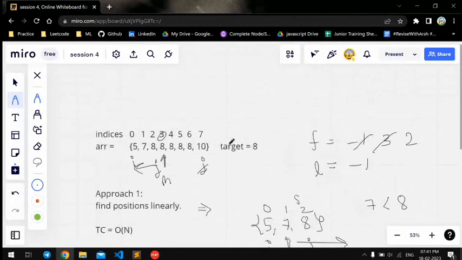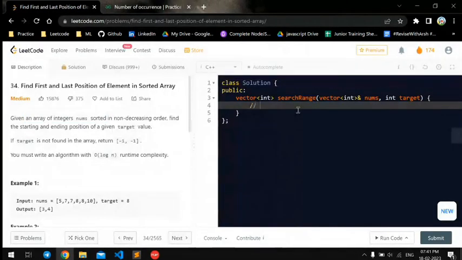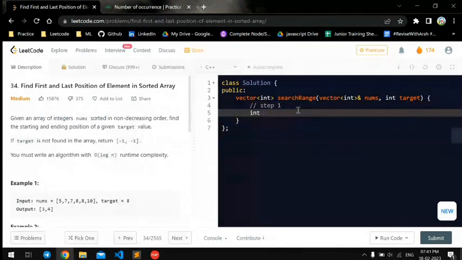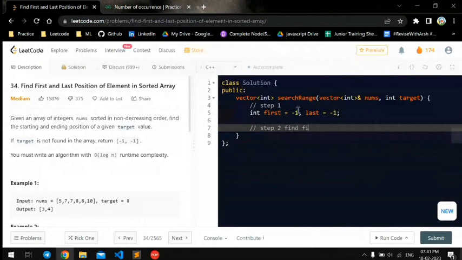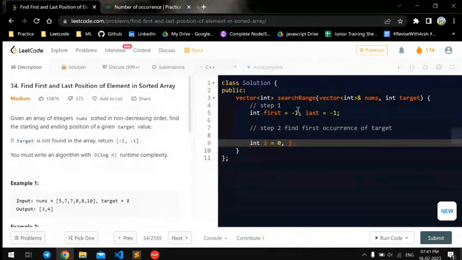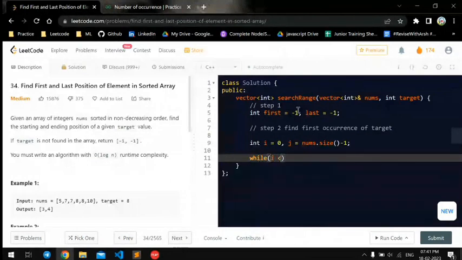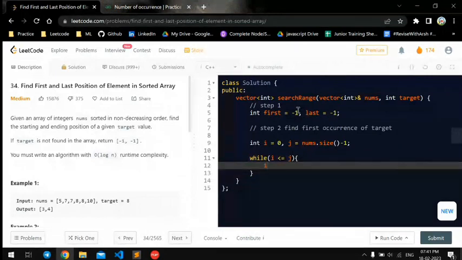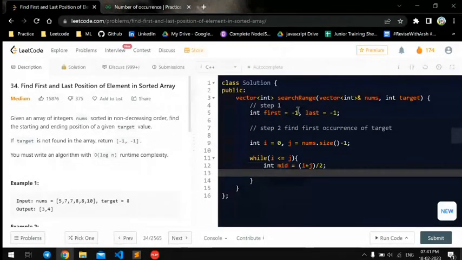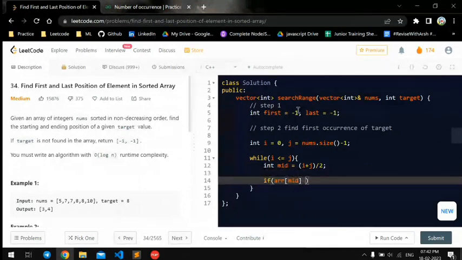So now let's implement these steps. Step 1 is again the same: declare two variables, int first initialized with -1 and last equal to -1. Step 2, find the first occurrence of target. In simple binary search, i is equal to 0 and j is pointing to the last index, size - 1. Now we compute mid index as (i + j) divided by 2. If mid is equal to target,